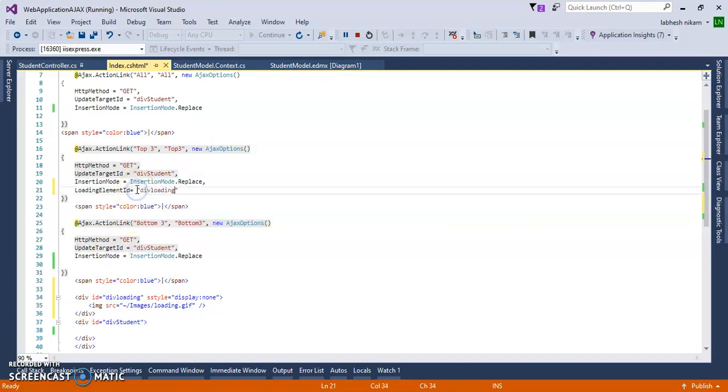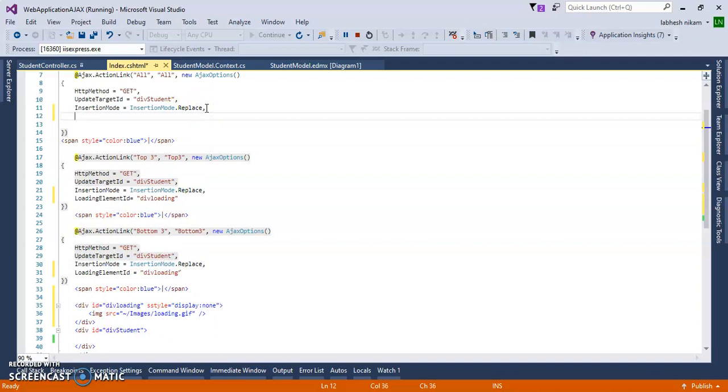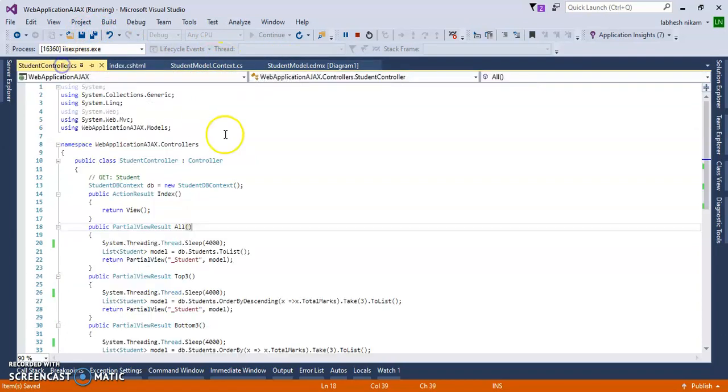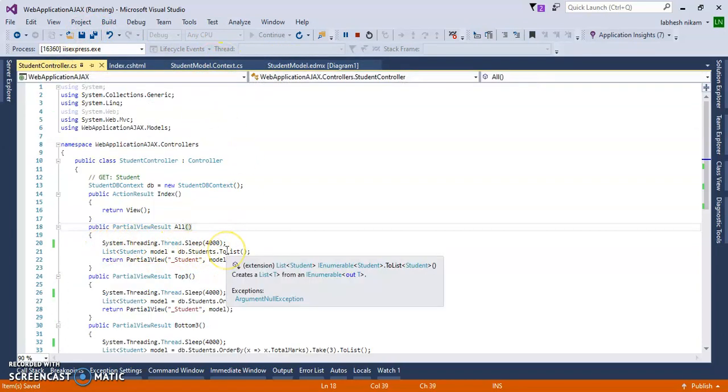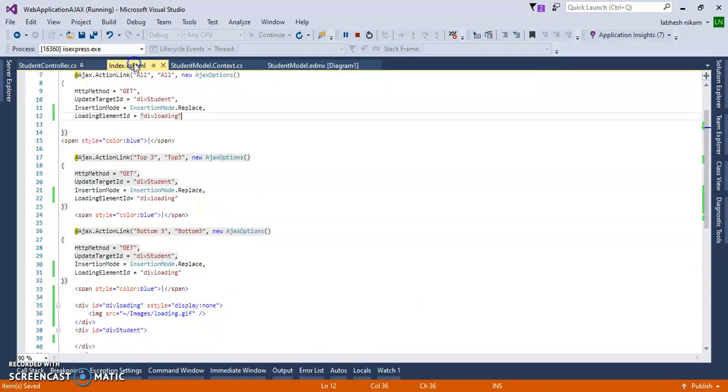I will add divLoading here, and same for the other partial views, so that all the partial view pages will display this image at the time of processing. Presently I have given 4 seconds for all the pages using System.Threading.Thread.Sleep 4000 milliseconds. So let's run the page.